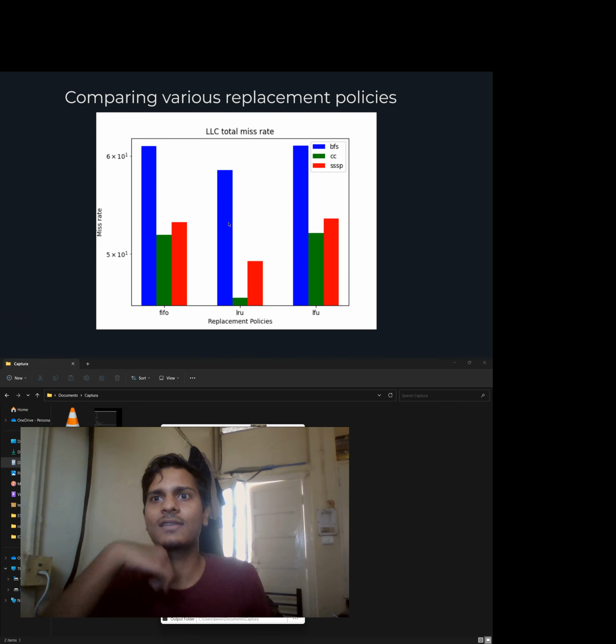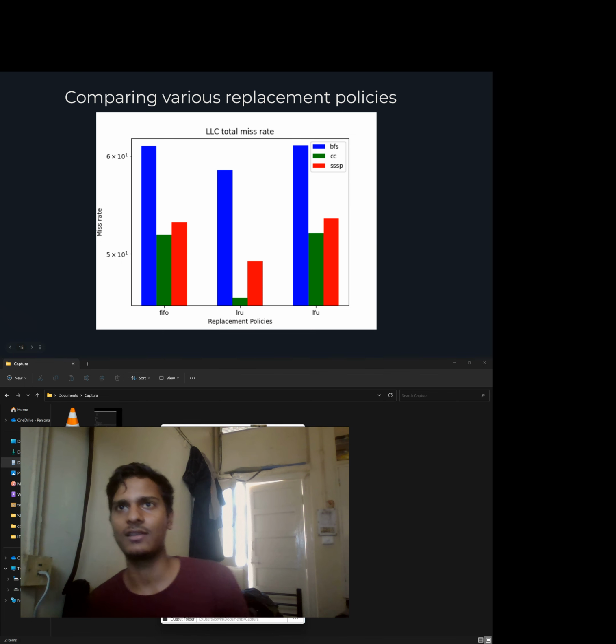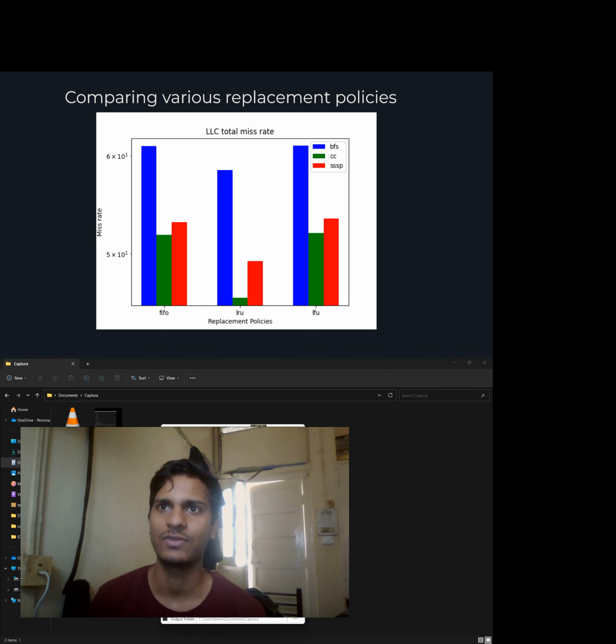The next trend is that of LLC. Already talked about the size and the relation of size of cache with different BFS, CC, and SSP algorithms. Here I want to highlight the striking difference in the performance of LRU as compared to FIFO and LFU. So why is it that LRU